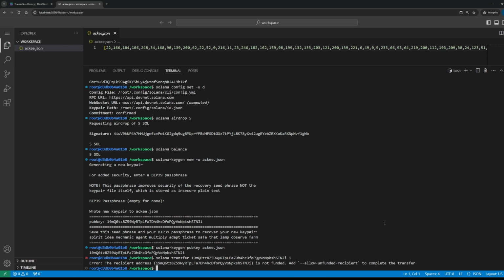You will see the error message saying the recipient address, XYZ, in this case the Eki address, is not funded. So if you are really sure that you want to add Solana to the non-funded wallet, that means to a wallet which does not have Solana yet, you need to specify allow unfunded recipient.